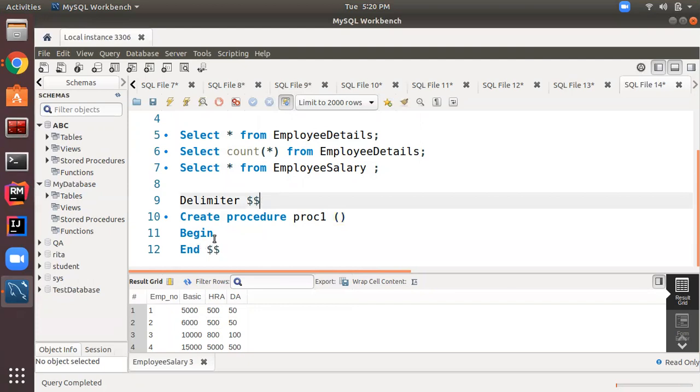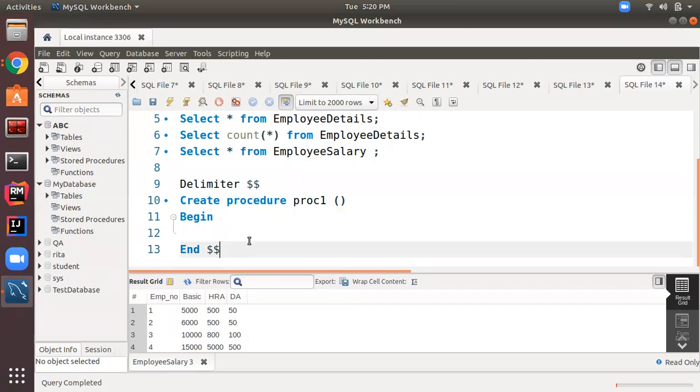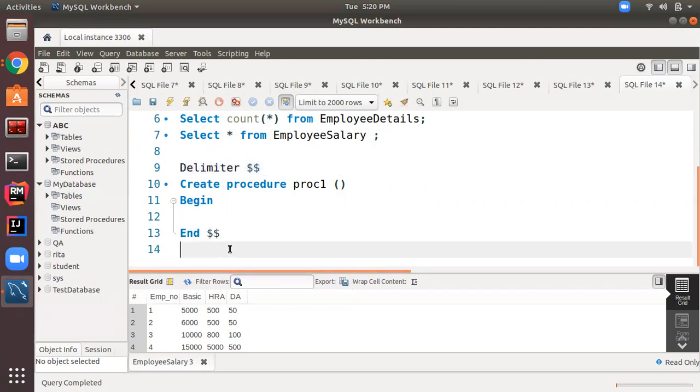In this begin and end I can type the SQL statements, and once you have created the procedure you need to change the delimiter back to semicolon. So after the end statement you should change it back to semicolon. This is the syntax of the procedure, and inside it I can write as many SQL statements as I need.